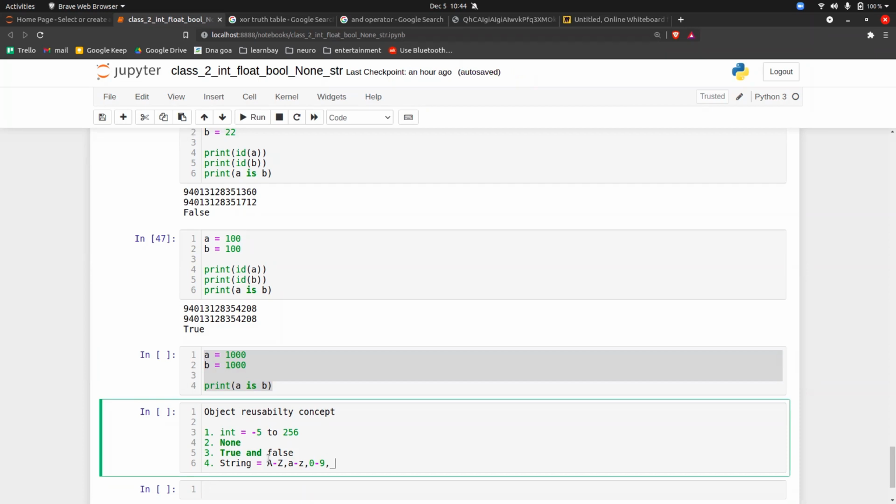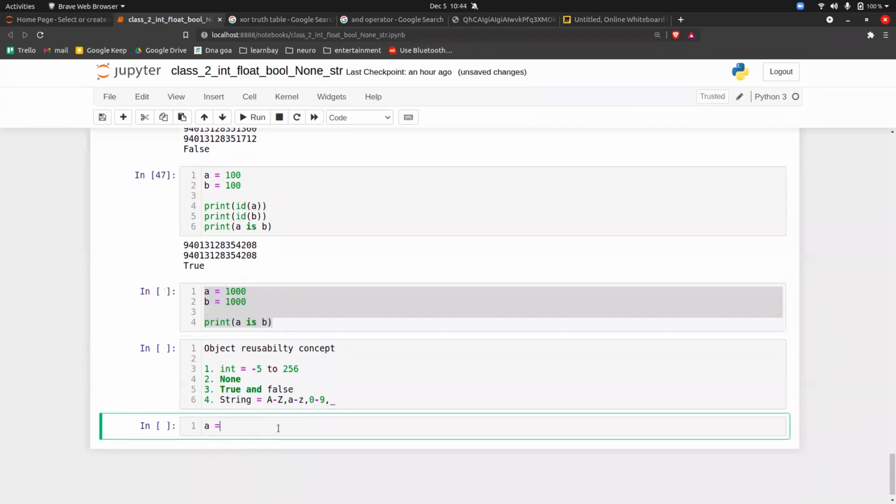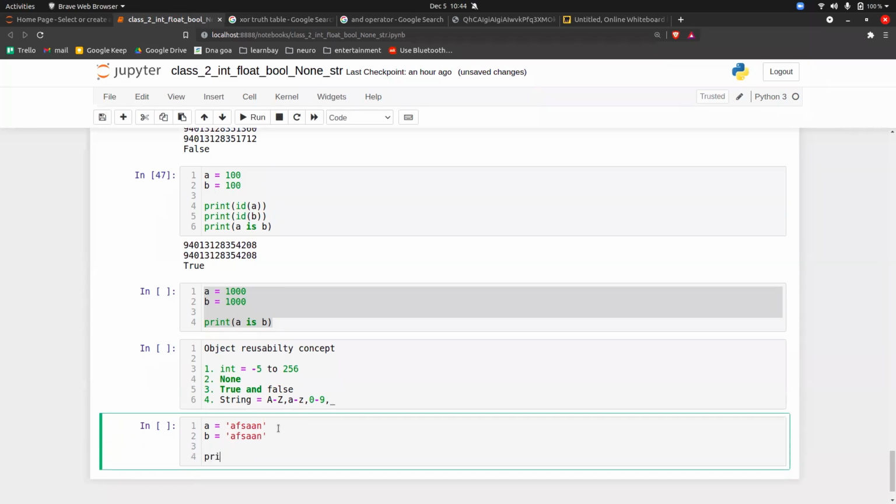Otherwise, it will not. Let's take an example. A is equal to Afsan, B is equal to Afsan. If I do print A is B, can anyone tell me the output without executing it on your laptop? By looking at this, can you tell me the output?